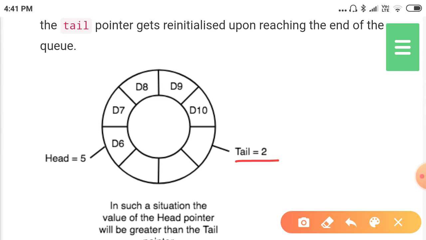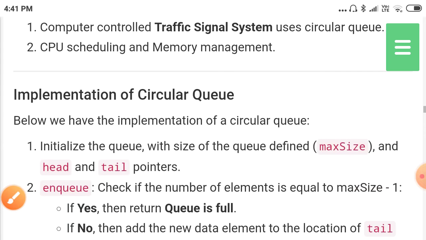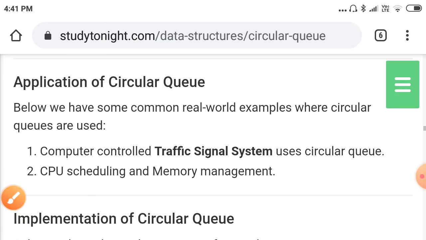So now the tail is 2, and the head is 5. Suppose this element is deleted, then the head is 6. Sometimes it will happen.